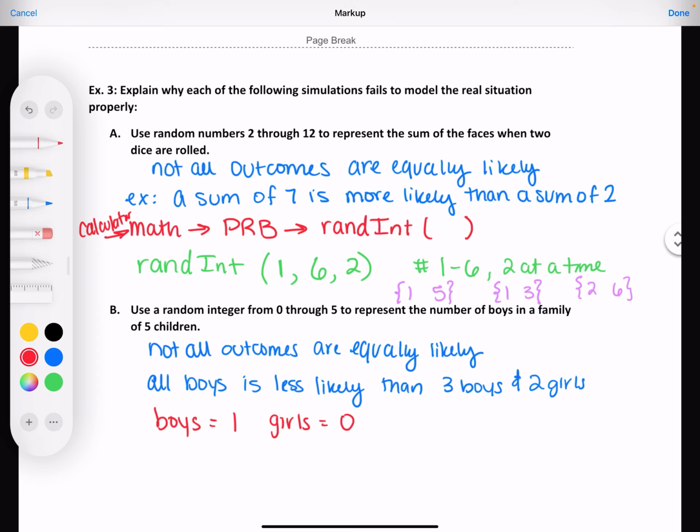Go to math, go over to probability and then arrow down to number 5, the random integer one. Random integer, and we're going to put in 0 to 1, and we want them 5 at a time.